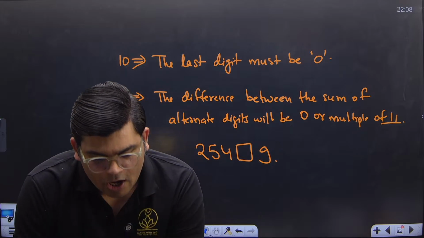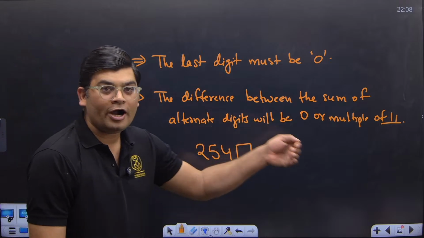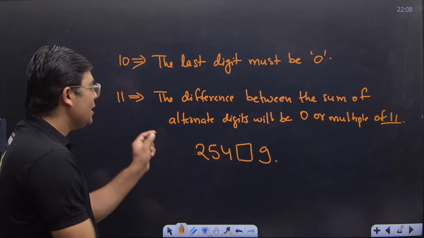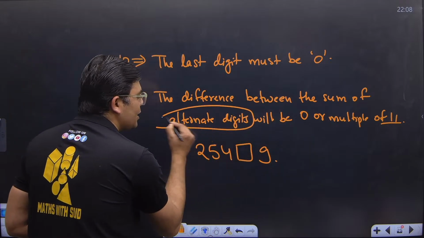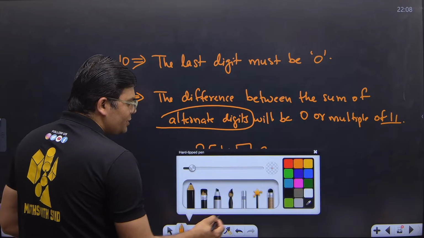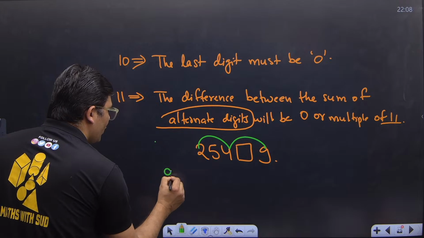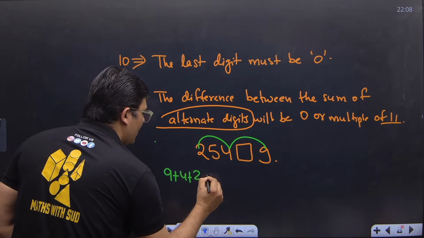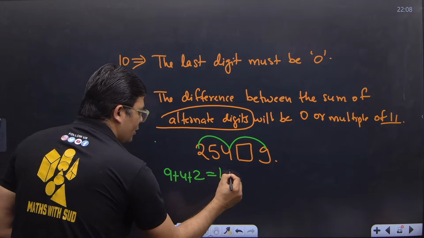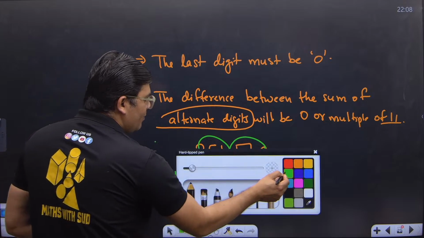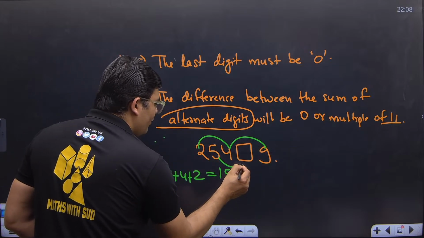Yes. So beta, what you are saying is odd and even digits. That's what I'm saying. Alternate digits. Alternate means one after another. So first I will add one part of the digits: 9 plus 4 plus 2. What is 9 plus 4 plus 2? It is 15. And what is the other number that we have? So we have 5